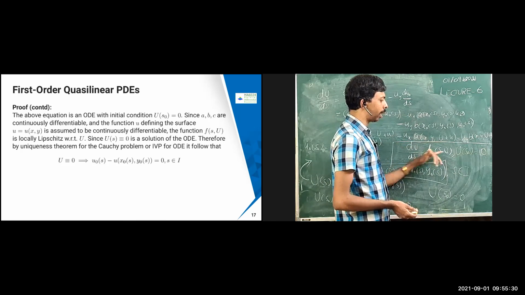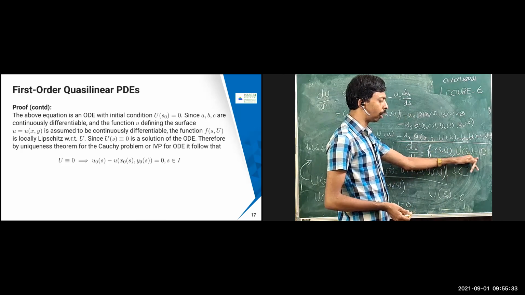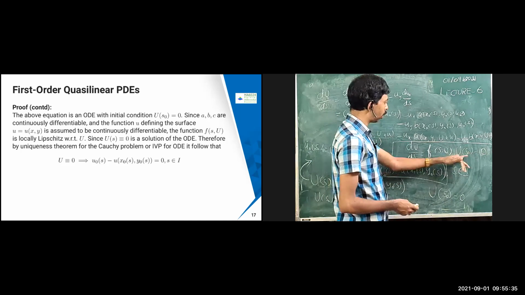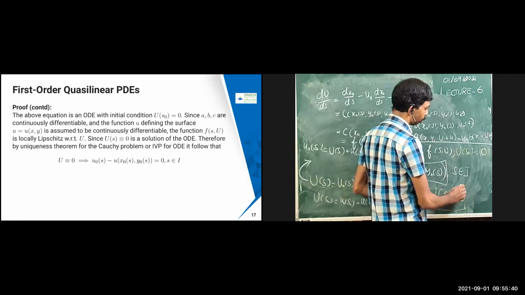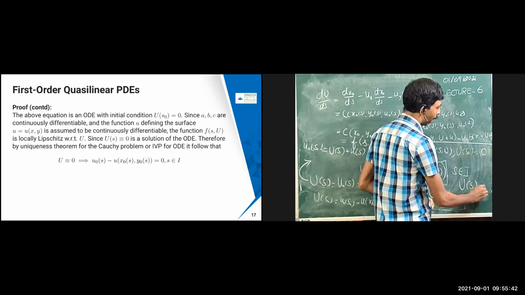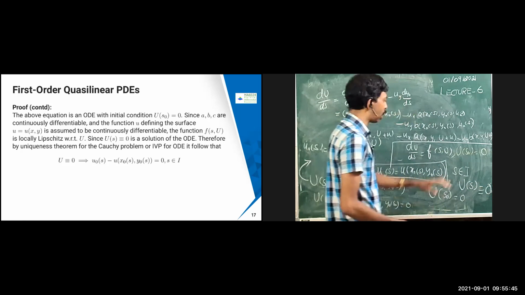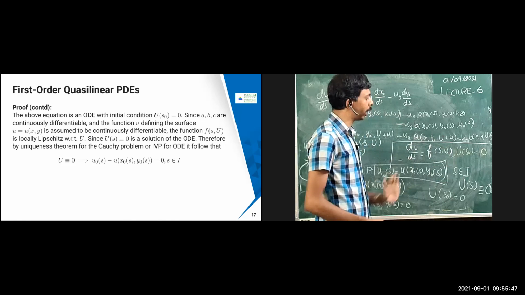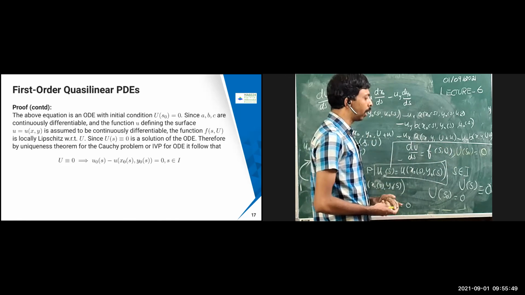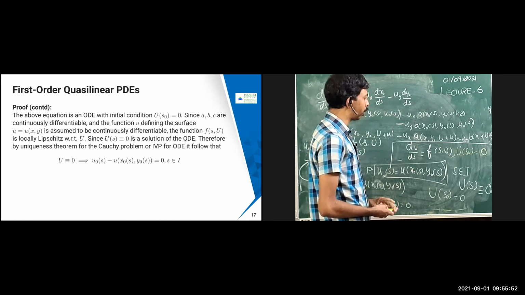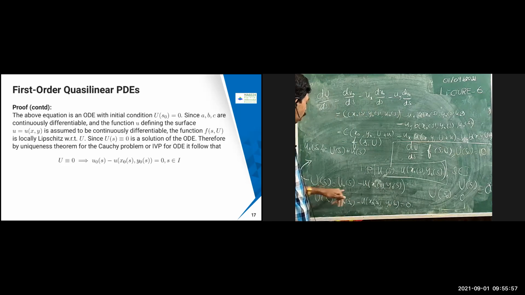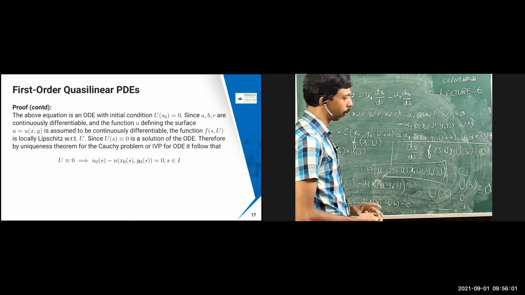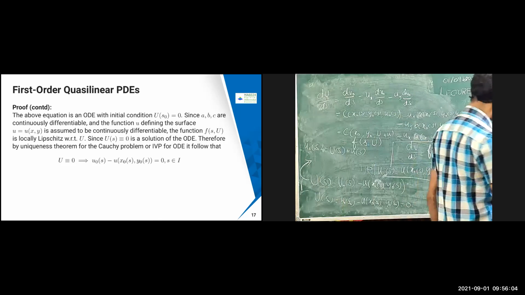Then, applying these conditions and using the existence and uniqueness theorem, you are going to get u(s) identically 0, because u(s_0) equals 0. If you solve this problem, you get u(s) completely 0. So u is identically 0, which means u_0 minus u(x_0, y_0) is going to come. So the proof follows immediately.